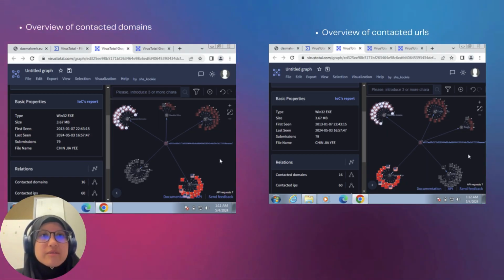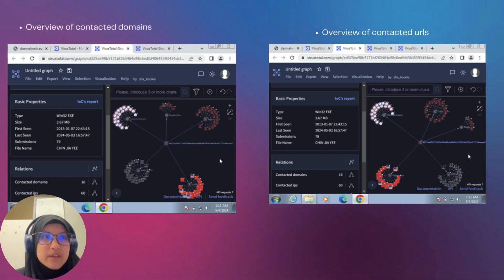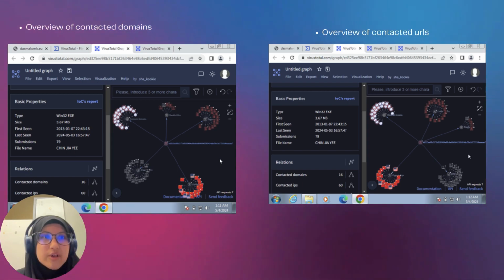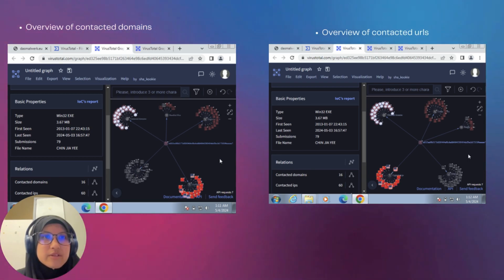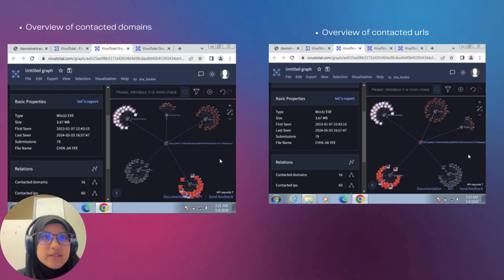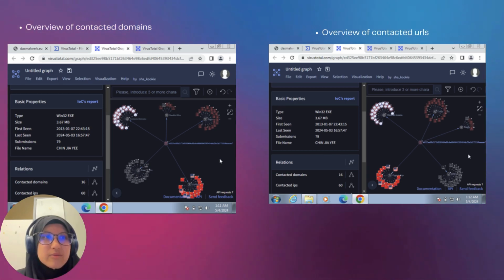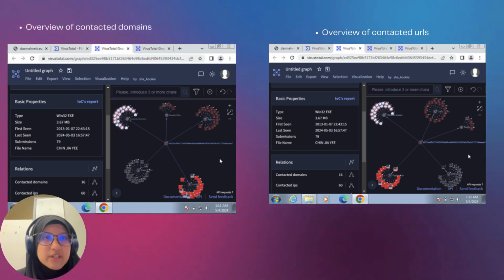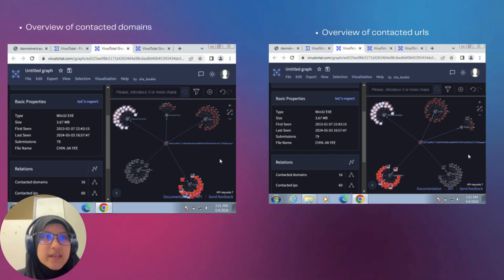So next is the overview of contacted domains. It refers to a summary of the domain names or web addresses that the malware attempts to communicate or connect with. Malware often establishes communication with remote servers or domains to receive instructions, download additional components, or exfiltrate stolen data. Analyzing the contacted domains helps in identifying the command and control infrastructure used by the malware and understanding its network